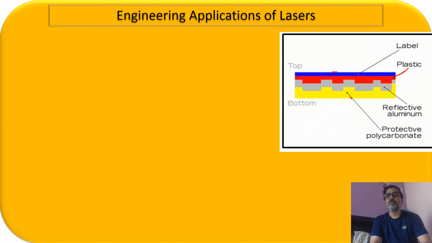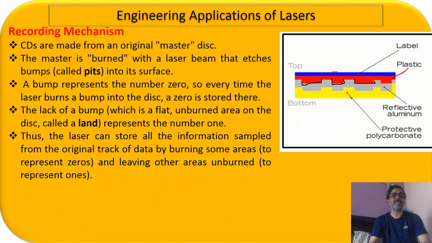So what we are going to do, on this plastic, if you put the laser beam, then some part of this is going to burn. So the moment it burns, you will be getting a bump. So here let us suppose it has got burned. The moment this plastic is getting burned, here you will be getting a bump. So wherever there is a bump, it means it has been burned by the laser beam. So the laser beam has been used to burn a particular part of the plastic, right? So let us see in the detail.